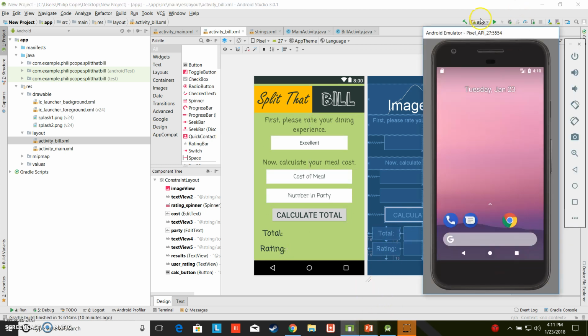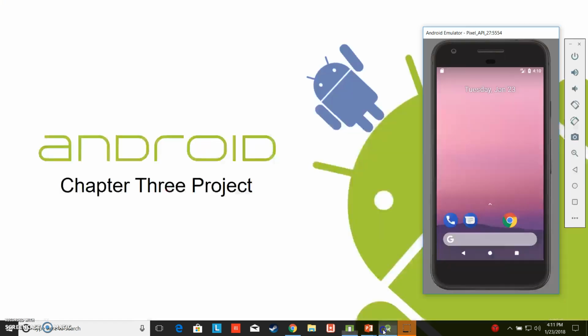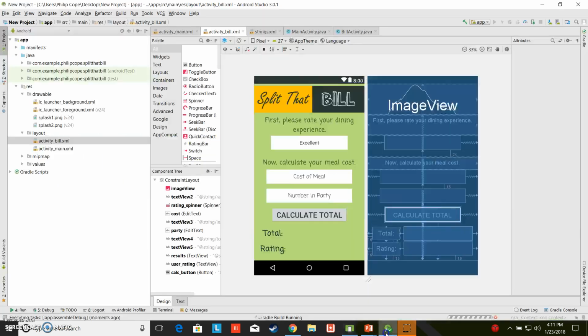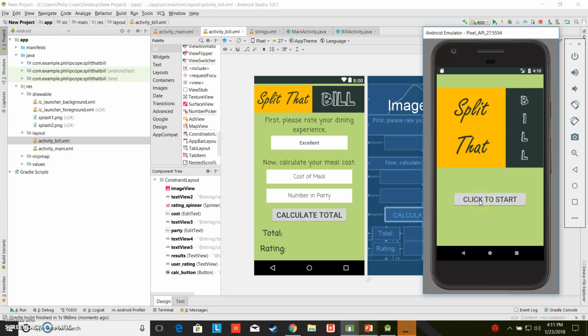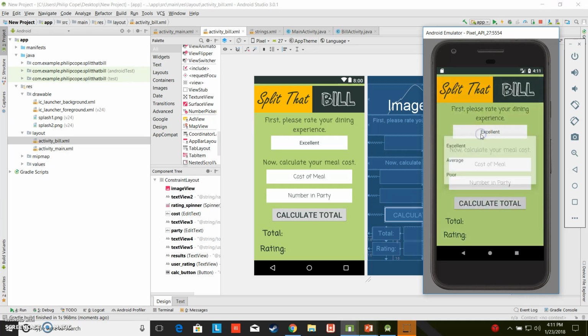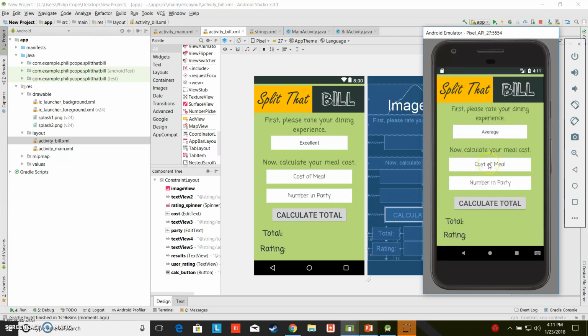So I've already got the emulator up and running. So we'll go ahead and run the app. And we'll wait for that to come up. All right. So we're at our title page. Click to start. We're going to rate our meal. Let's say that it was just average. The total cost of the meal, let's say it's